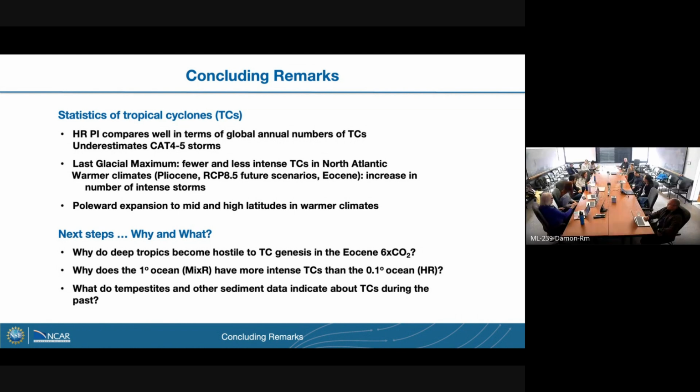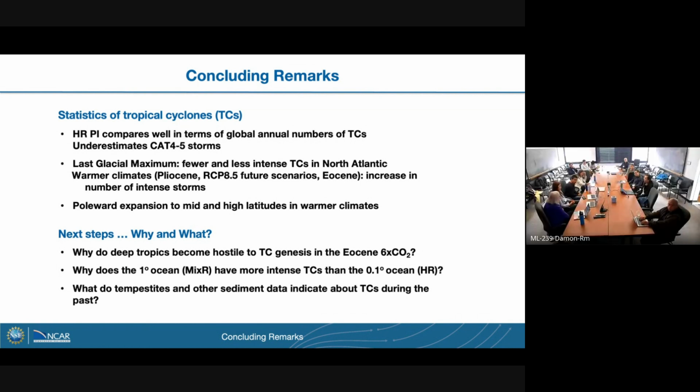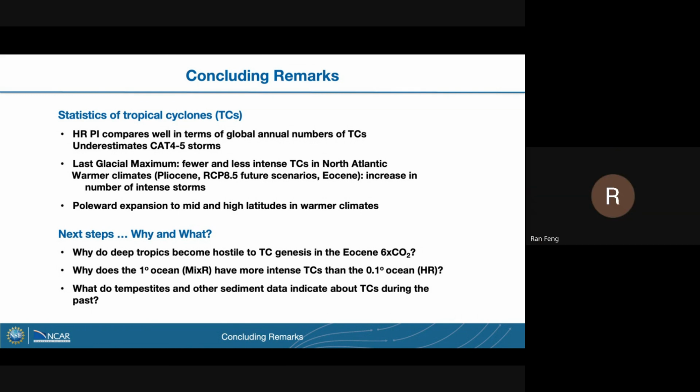Any other questions? Yes, Ran. Thanks for the great presentation, Betty. I was curious, did you also look at the differences in heat transport? I was wondering whether in those different climate states, the tropical cyclone state might also contribute to a different state in the meridional heat transport. Yeah, we've looked a little bit at the SST patterns between these different ones,